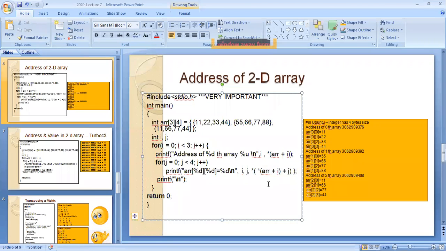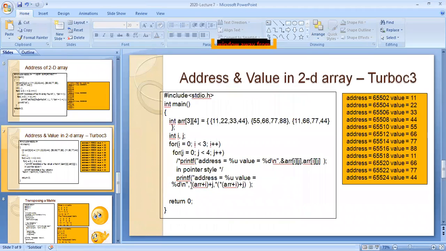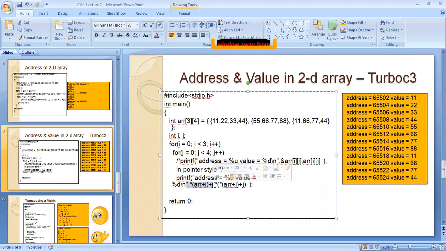So this is the array representation, the pointer representation in Ubuntu. So come to here. Here you see, to get the address, you have to give array plus i plus j. To get the value, it is the same. But in getting the address, you were getting star of (array plus i) in Ubuntu. Now you have to add the j here. So that is the concept.